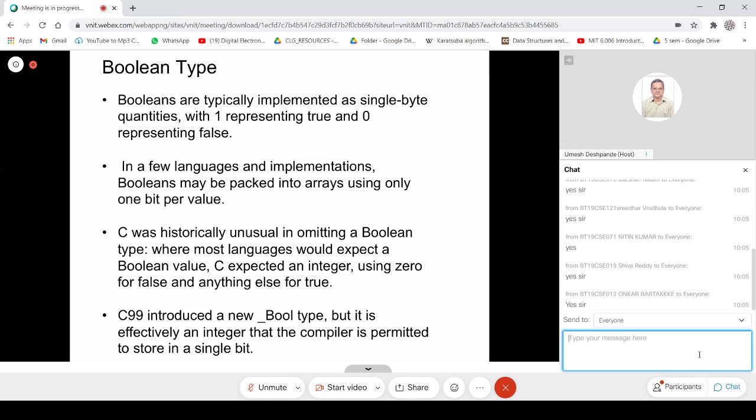We can actually mask out certain bits and then use only one bit to refer to a particular Boolean variable. That would be more memory efficient, right? But still, typically, we use a single byte.